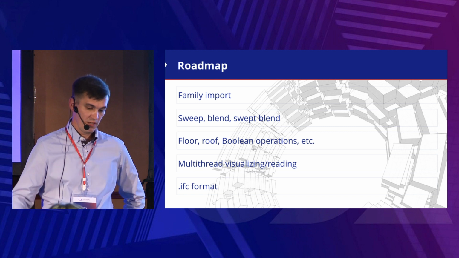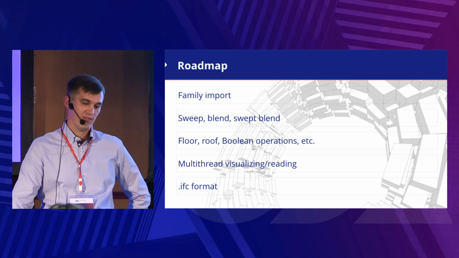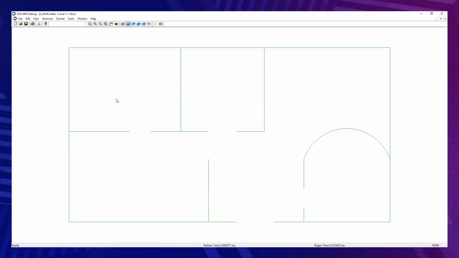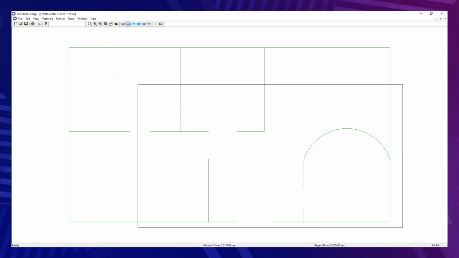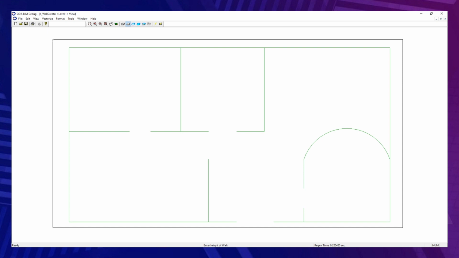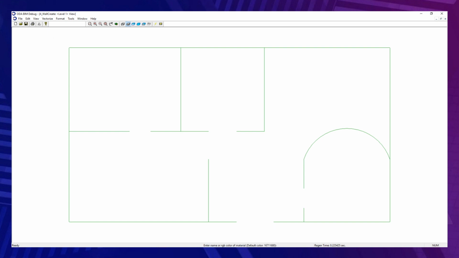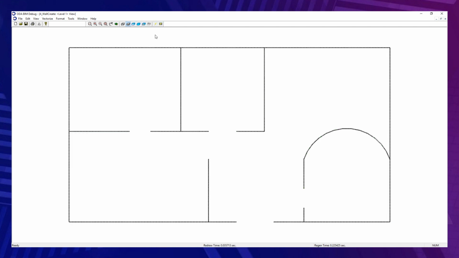And we also are going to implement support for the IFC file format. We created a prepared file which contains a set of lines and arcs, which we are using for creating walls. We will select them, set the start point and end point, and create the view. The file also contains materials, which we will apply to these elements. We can create materials also, but for simplification of this demonstration we already created them in the file.